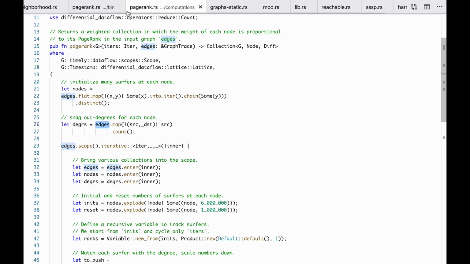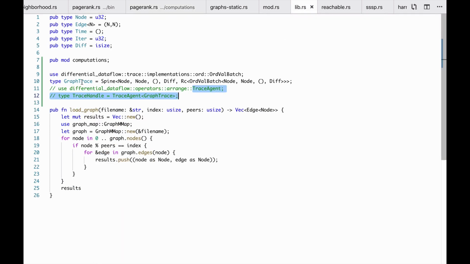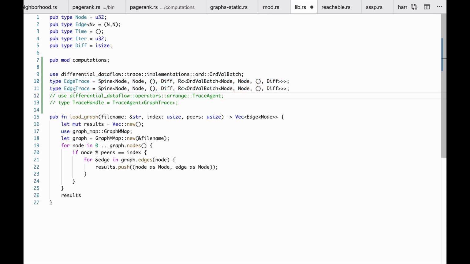And in fact, let's prep that right now, just because I don't want to write the wrong thing and then fix it too many times. So let's let this be an edge trace. Right. And at the same time, we're also going to put together a node trace, which will be